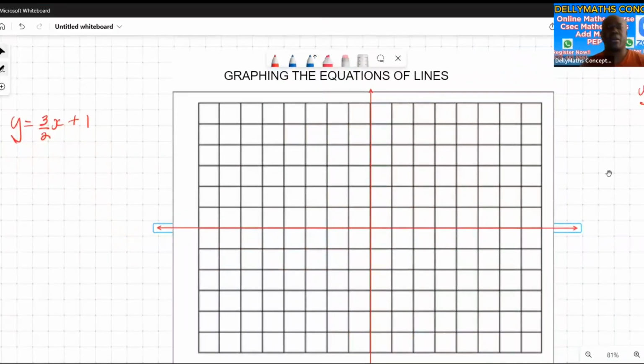All right, welcome back to Math Concepts. What I'm looking at in this presentation is how do we graph the equation of lines when it's given in a slope intercept form? And when we refer to a slope intercept form, we're referring to the format that is